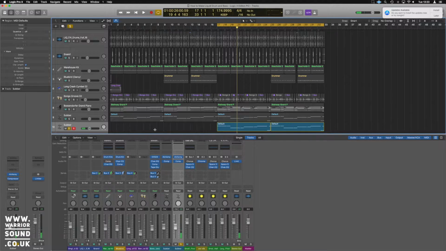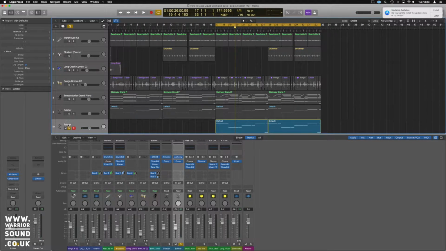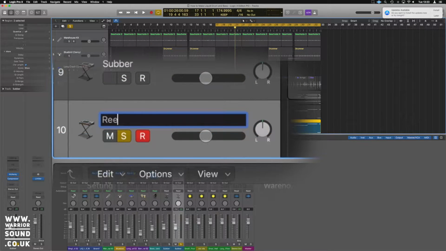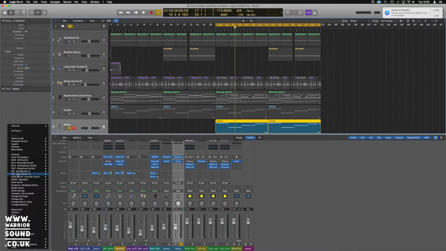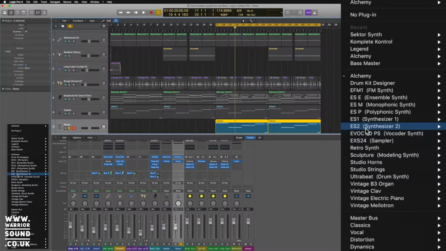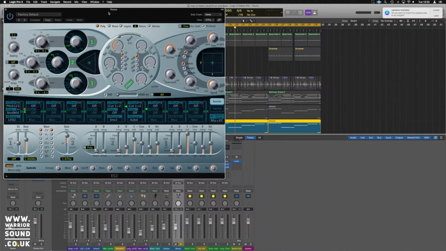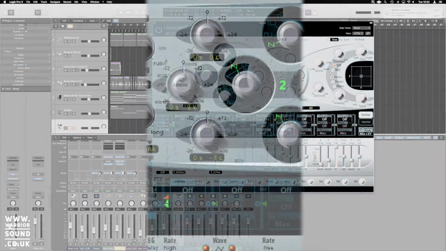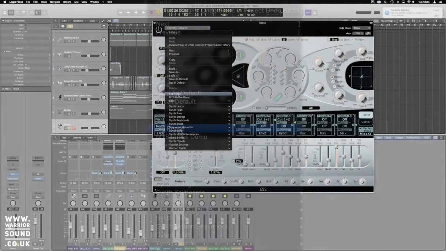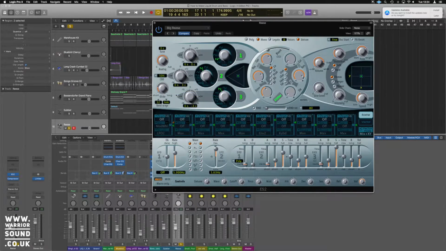Now we're just going to try something really quick and see if this works. So if we rename this as Reese, because we're going to keep this nice and organized. If we load up an ES2, so ES2 synthesizer 2 here, just the stereo version. I did a tutorial a little while back about making a reese sound in this particular synth, and I've got it saved in here as a big reese, and this was quite harsh,